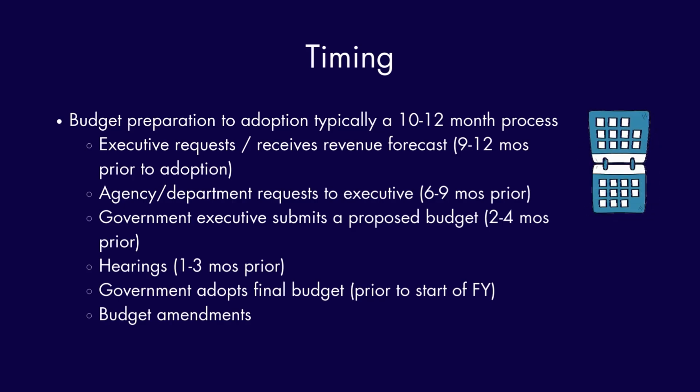Once that happens, it's still going back and forth. They're tweaking every fund, every line item, and by the end of the last fiscal year, they're adopting a new budget, presenting it to their community, presenting it to everyone involved. The best way to look at it is it's at a minimum 12 months before they're starting to think about it. I mentioned those planning sessions. For sure, elected officials are talking about this before that 12 months starts. It's often documented in their strategic planning documents, but their formalized budget process is starting 10